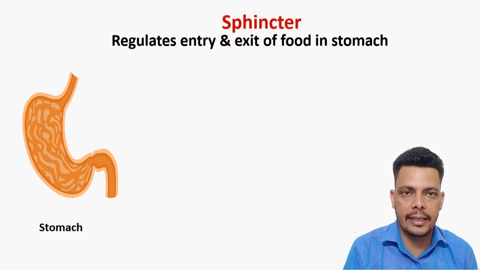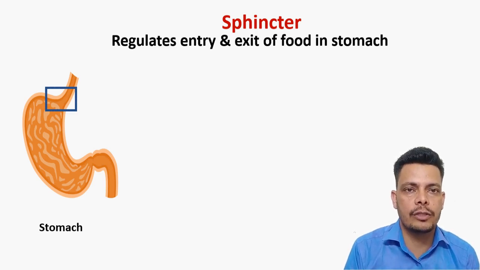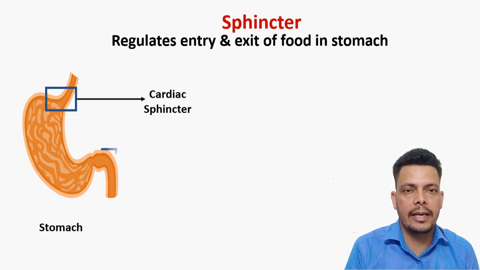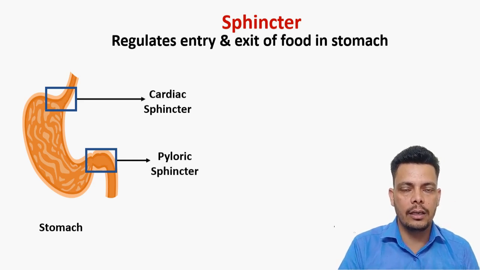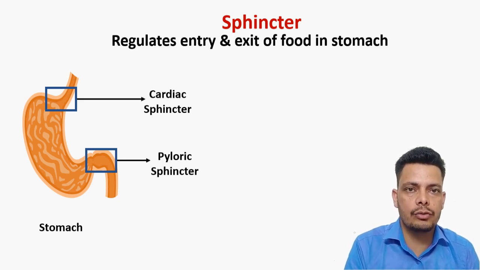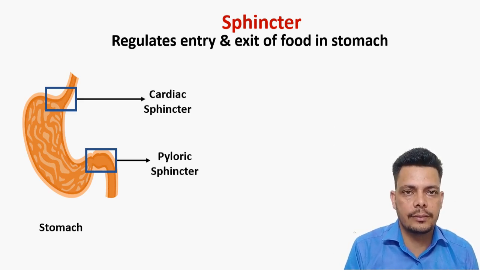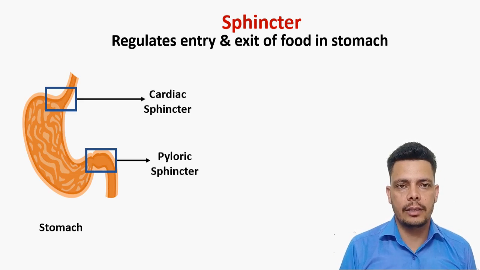Sphincters are also present at anus. Sphincters are ring type of muscles. They open and food can come in and go out of some structure. So the sphincter which is present between esophagus and the stomach is known as cardiac sphincter, and the sphincter which is present between stomach and the small intestine is known as pyloric sphincter. The pyloric sphincter allows the food from the stomach to enter into the small intestine in small pieces. So now in the wall of the stomach there are gastric glands present, and the gastric glands